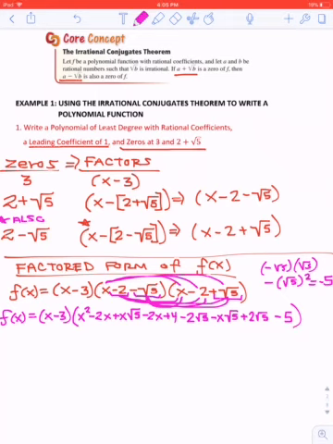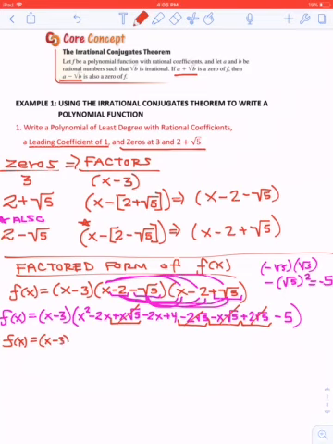Really long, but each of these get really short very quick. So that irrational conjugates theorem, saying that we have a positive and a negative of each of those irrationals, means in here we should see that same pattern. Look at that, a positive x root 5 and a negative x root 5. Those zero out. A negative 2 root 5, a positive 2 root 5. Those also zero out. So we are left with